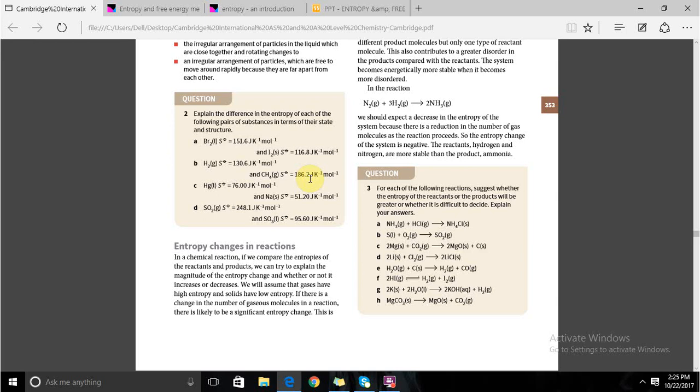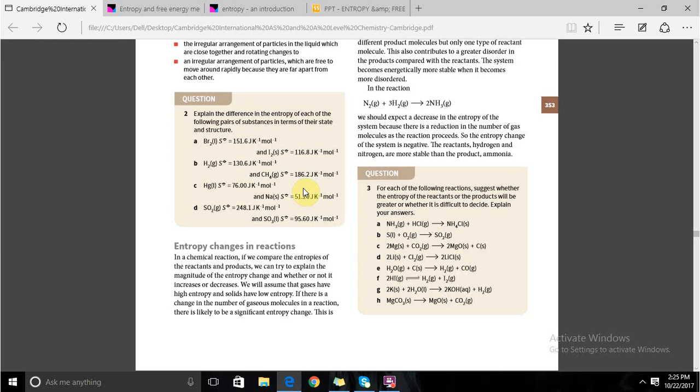In E, it is a bit more difficult to judge, but probably it is the products who have higher entropy, because whereas we have gases on both sides, on the product side we have 2 gases, whereas on the reactant side we just have 1 gas and 1 solid. In F, it is difficult to judge because we have 2 molecules of gases on either side. When it comes to G, it is